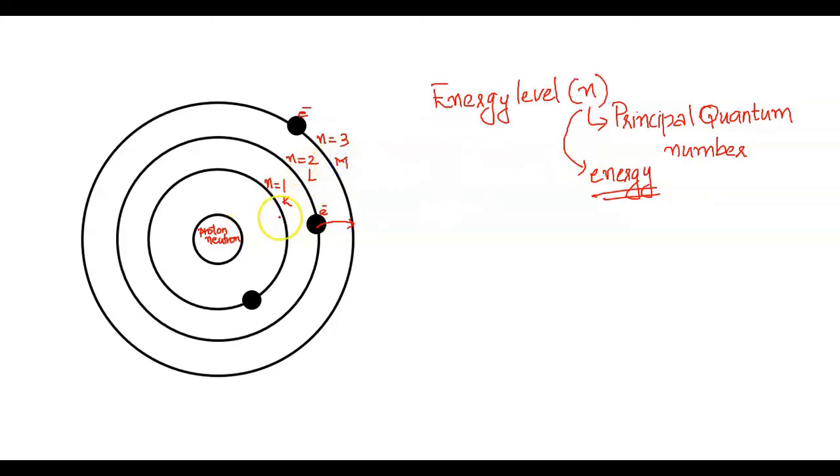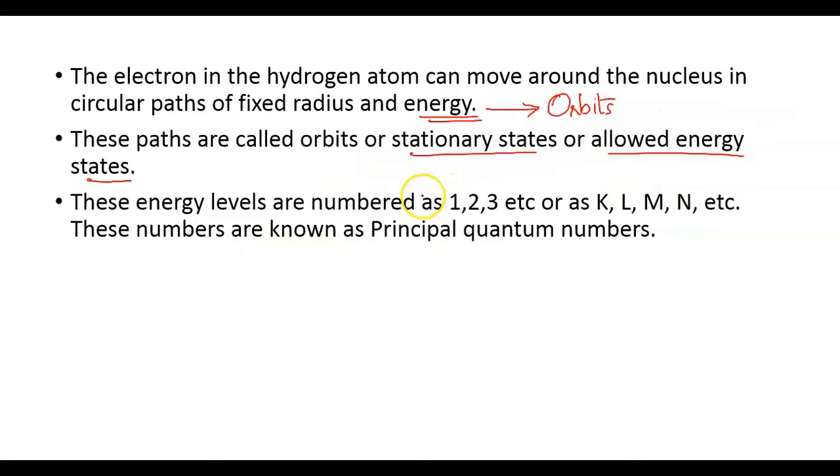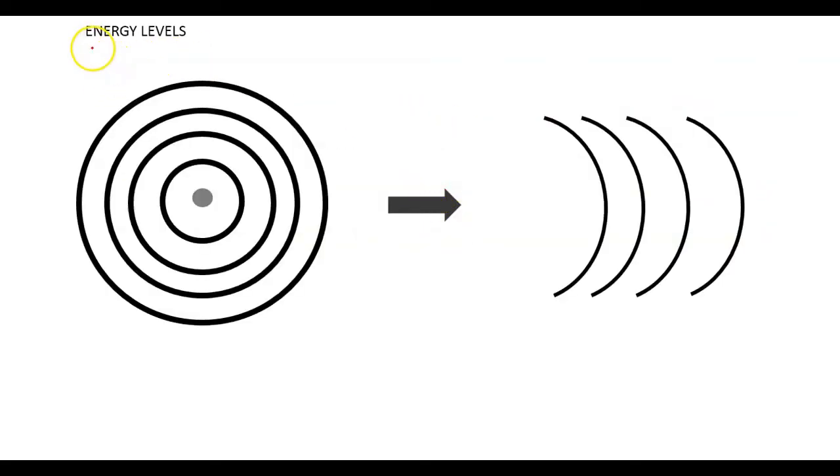and so on. So this is the first energy level, and this first energy level or first main shell can be designated as capital K, and this is the second energy level or the second main shell, and it can be depicted as capital L, and this is the third energy level or the third main shell, that is capital M. Okay. So these are the energy levels.